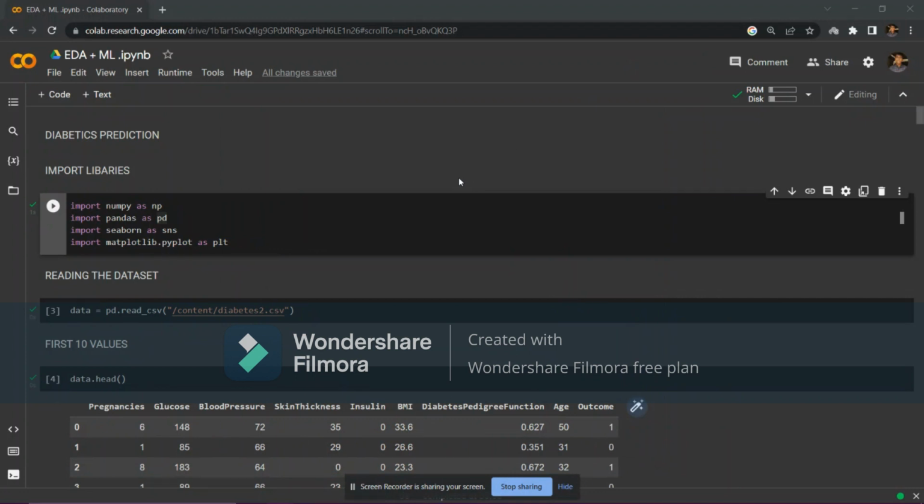Today we'll be doing some data pre-processing and machine learning over this diabetics dataset. I'll be sharing this code plus this dataset in my GitHub link, and you can refer to that GitHub link